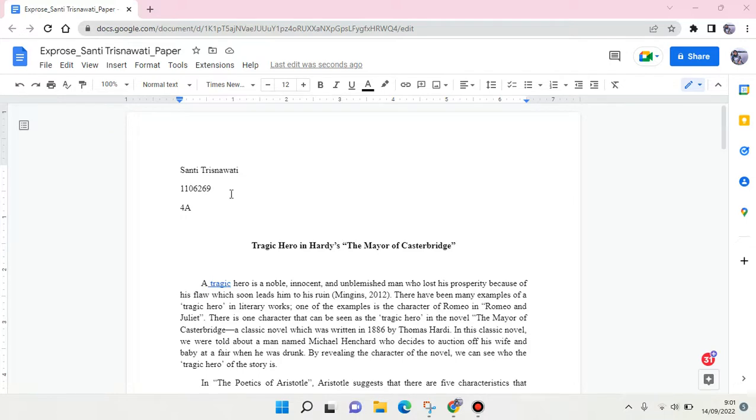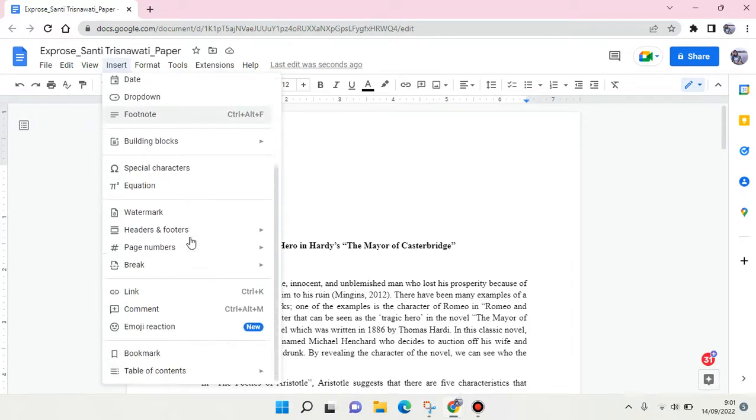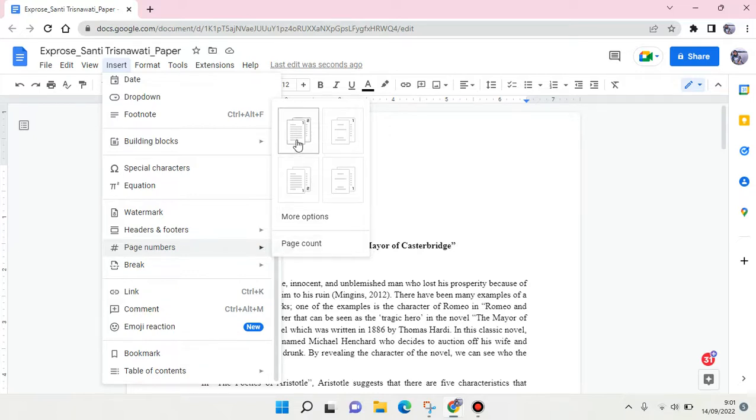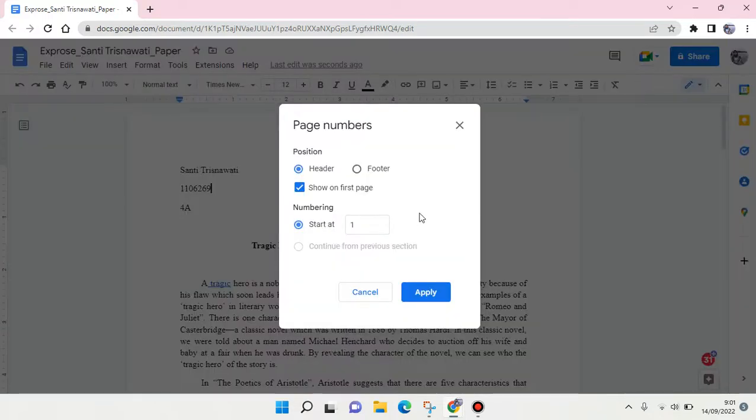Okay, so if you want to number the pages of your file, you can just go to Insert and then scroll down until you find the page numbers option. In here you see there are several types of page number. There is the one at the top right, the one at the bottom like this, so you can just choose one of them, or you can also click on more options to see the